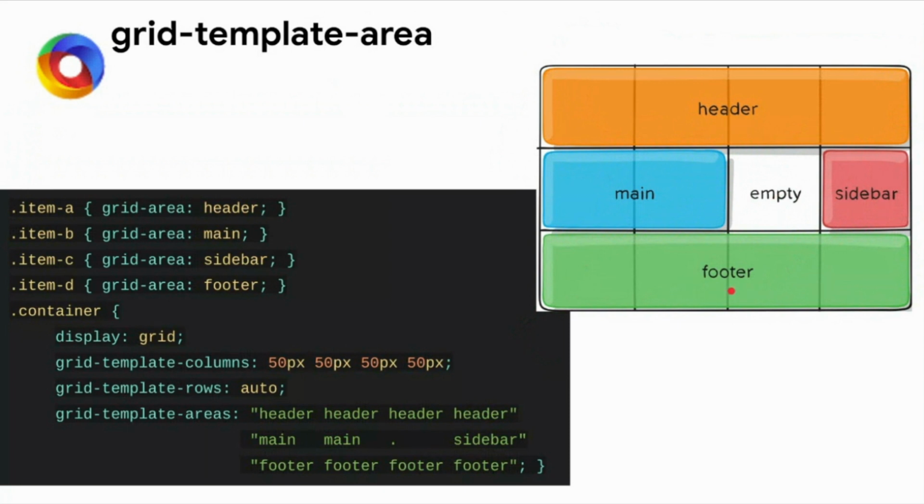So basically we can name each one of the grid items accordingly. Let's see how we can do it. Here we have created 4 items, and we have put one property, grid area. Grid area is nothing but it is telling that wherever the word header is used, it is equivalent to item A. So if I use header here, this means that the first one is item A.